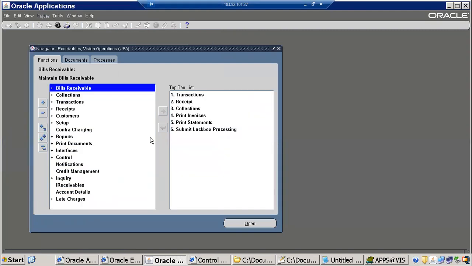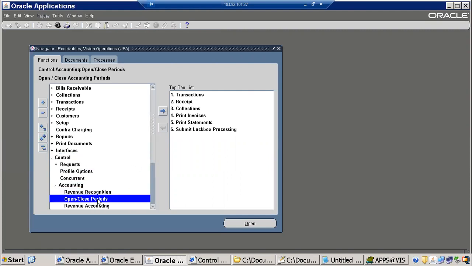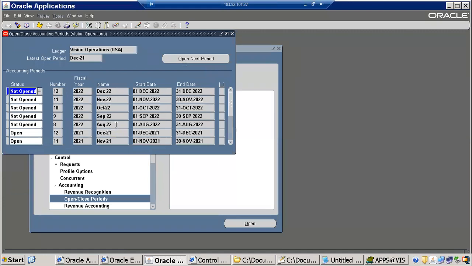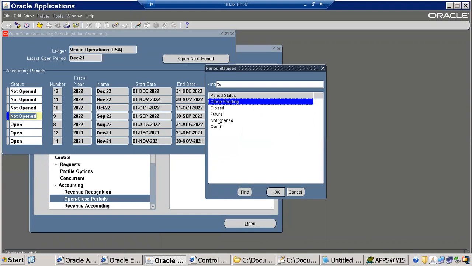Here in receivables, control, accounting, and then open close. So right now you have to open for August. So how many statuses have you seen? Period statuses. One is open, other one is never opened. Then definitely, yeah, these are all. Remember all the statuses. Closed, future. Okay,